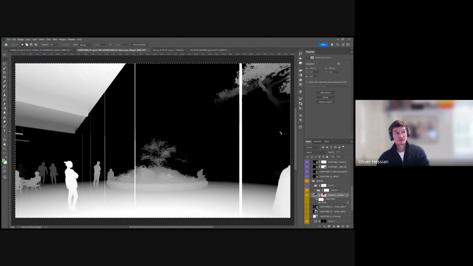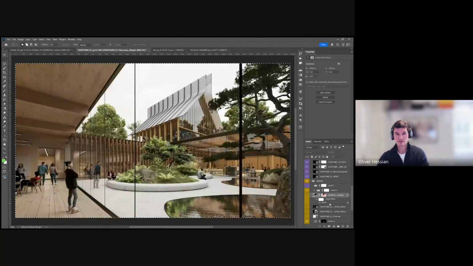If I select all of that and copy it, actually, it's copy merged. So up here, that would be just below the regular copy, and it has its own shortcut. But essentially what that does is, whatever you're seeing on the screen, it'll copy that rather than just the layer that you're working on. So if I then just turn that off and then create a,